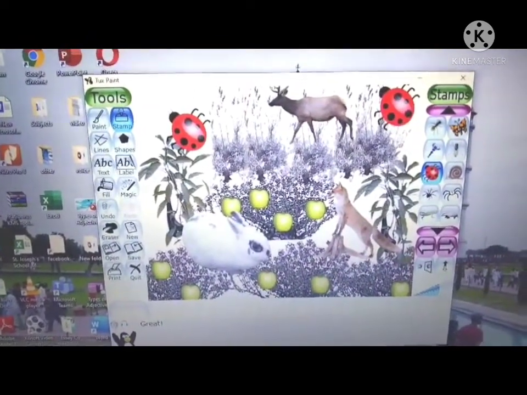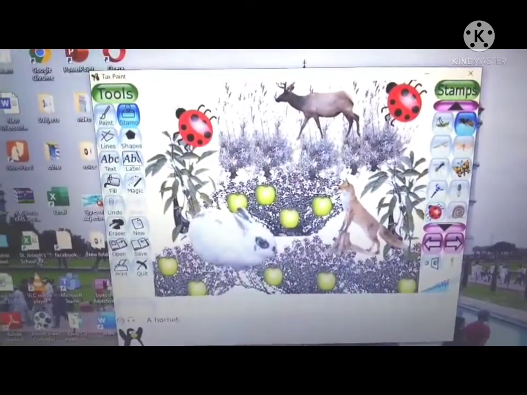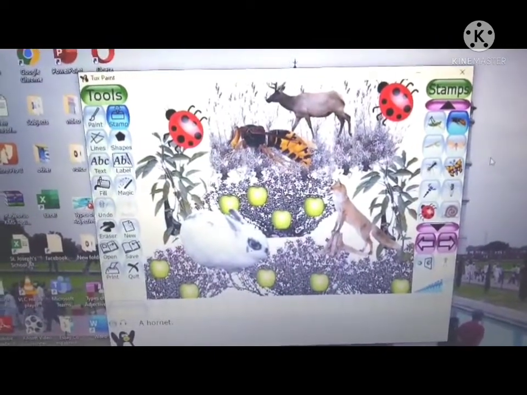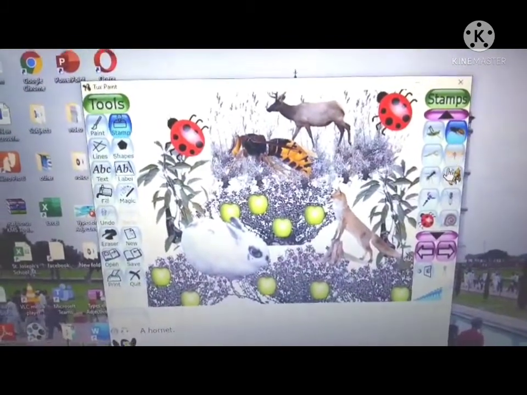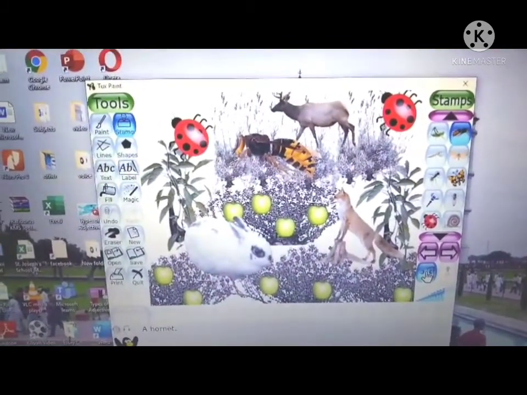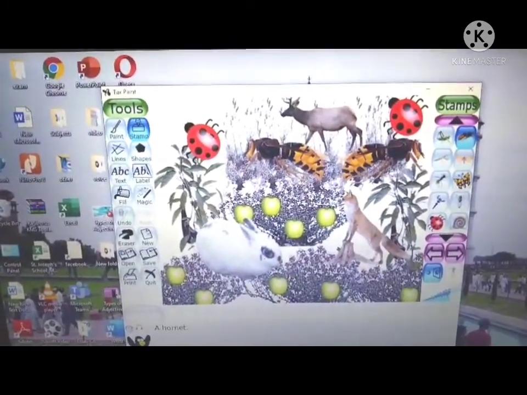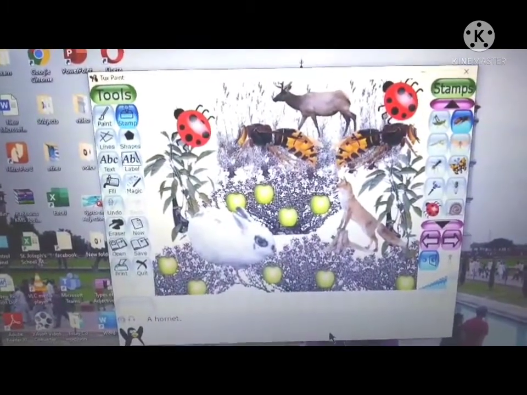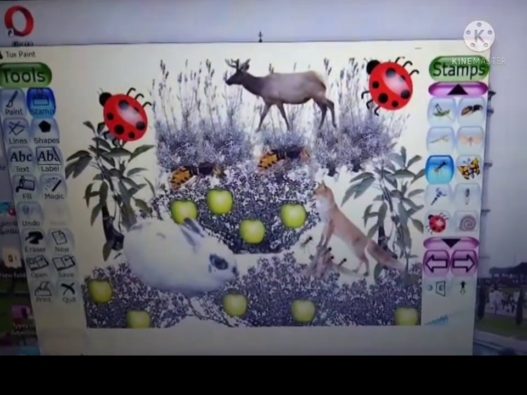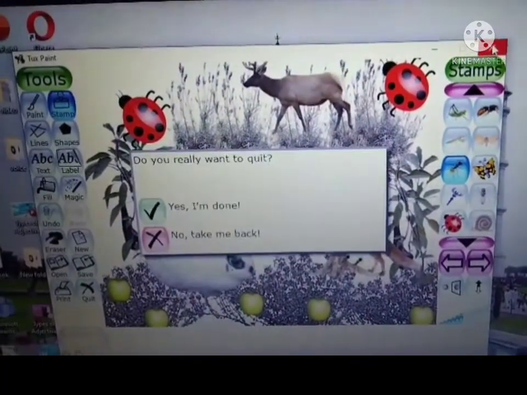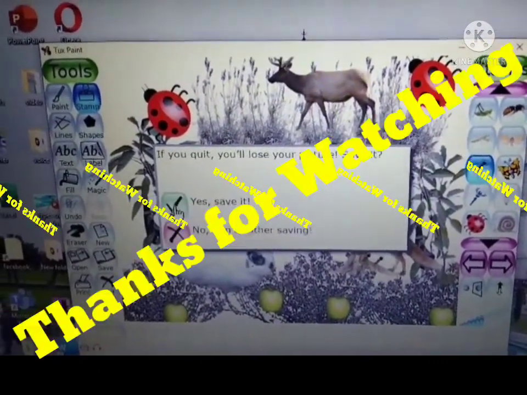How to use the stamp tool? Now select the stamps tool from the toolbox. Then select the stamp from the sub toolbox on the right hand side. Now click the left or right arrows to view all the stamps available. Now select the stamp and click on it. Now define the size and type of image from the extra options. At last, bring the mouse pointer to the drawing area and paste the stamp.